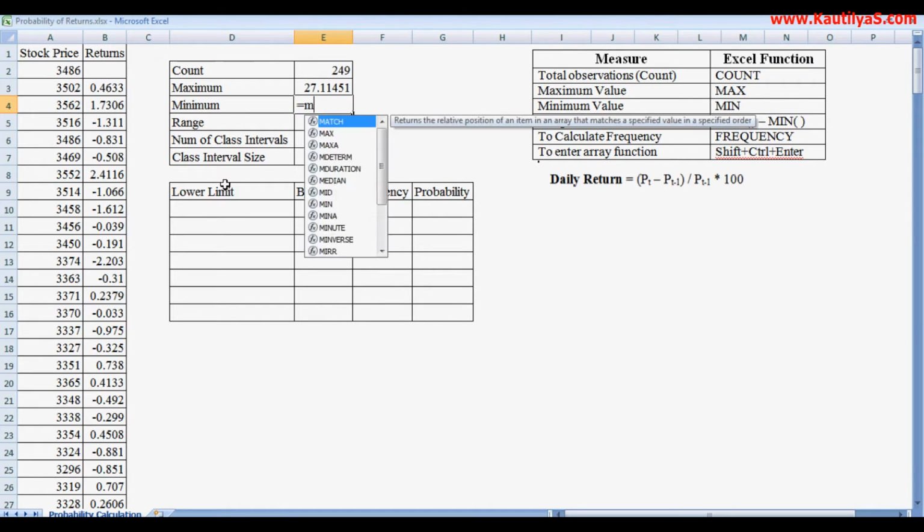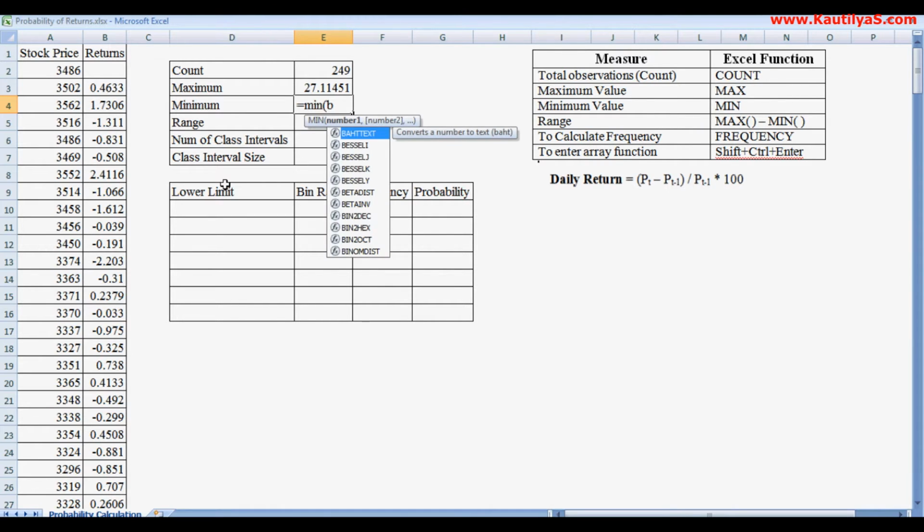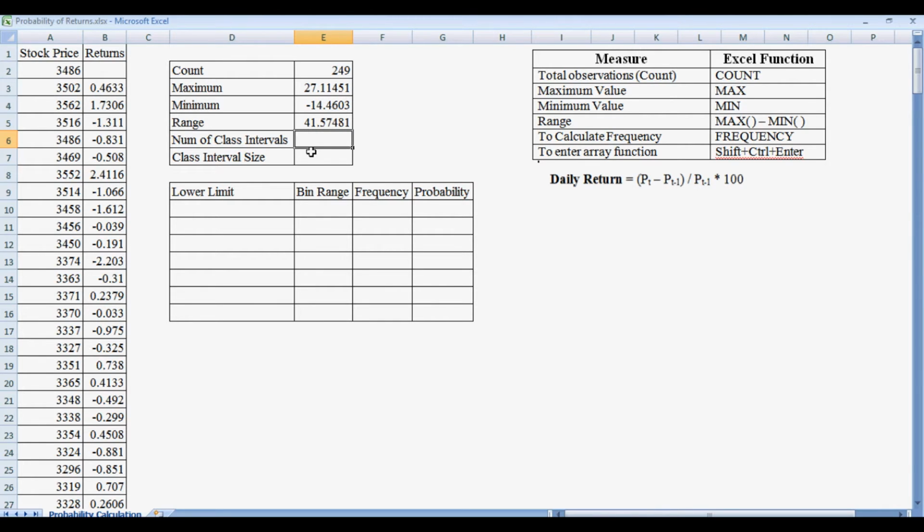And the range is maximum minus minimum. So the maximum return minus minimum return is the range. So the range is 41.57%.